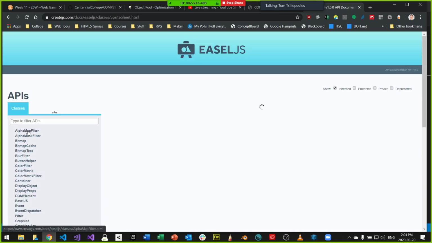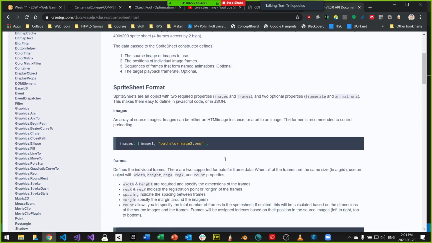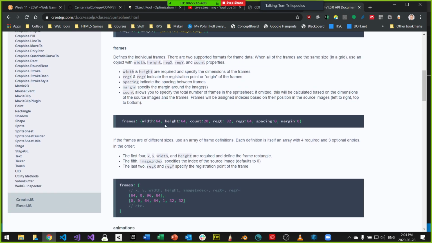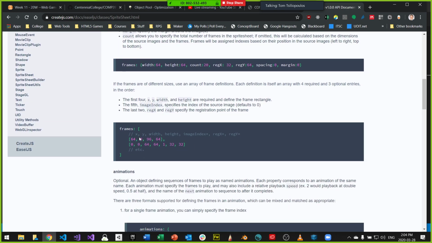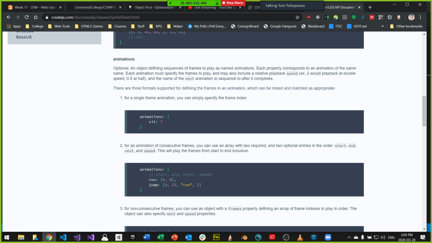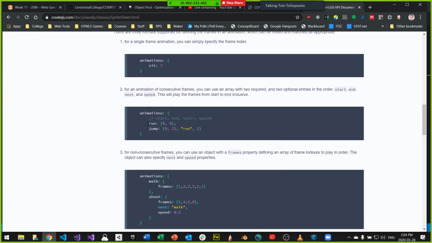If I go to SpriteSheet here, you can see that it talks about how the frames work and what each frame means and how to put together an animation. Notice that you can specify a run animation with the beginning and end frames, or you can specify all the frames.